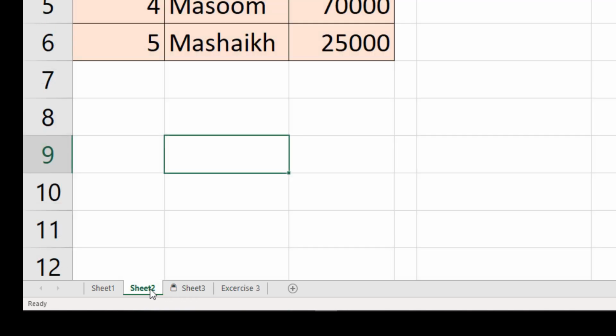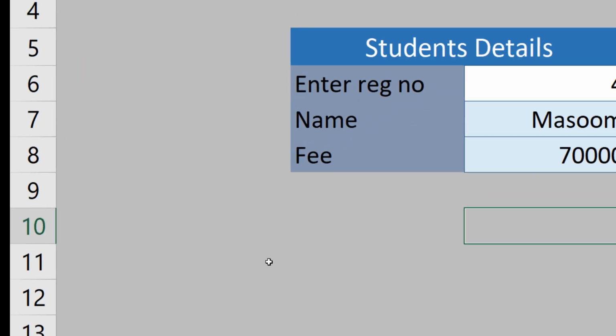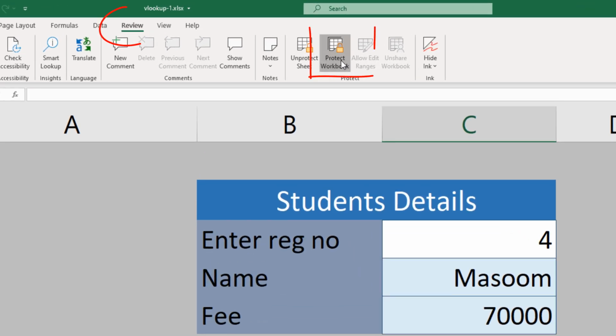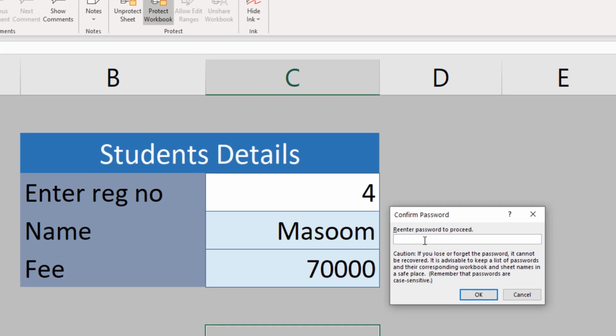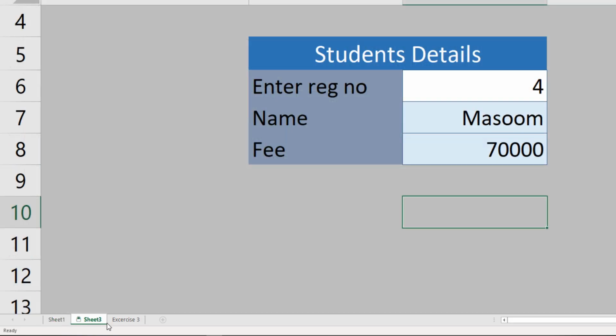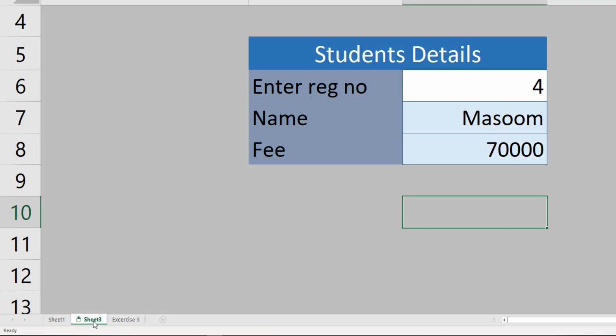So how to make sure that when I hide it, nobody can unhide it? I go to Protect Workbook and I can give some password to it, so 123, and re-enter the password 123. Now Sheet 2 is there, but nobody sees it.